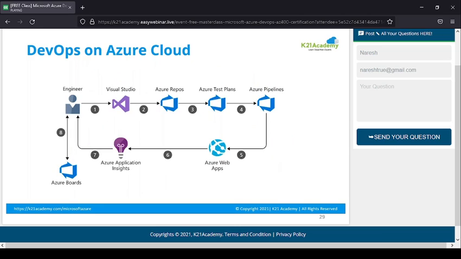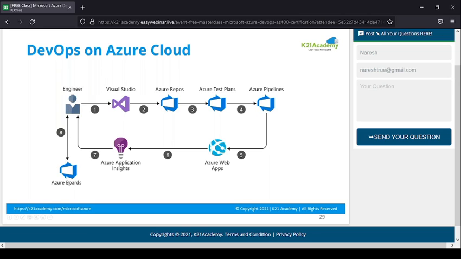And again, I'm going to hand it over to Nishant to go a little bit deeper on this, but you need to have the whole process. As I said earlier, engineers will develop in Azure. You have tools like Visual Studio. They will develop and put their code into a code repository like Azure Repo. From there, someone will test these things, and that is where your test plans and your testing team come into the picture. The build guys will create a pipeline which is automated and then deploy on servers like Azure Web Apps. And then Application Insights monitors the services